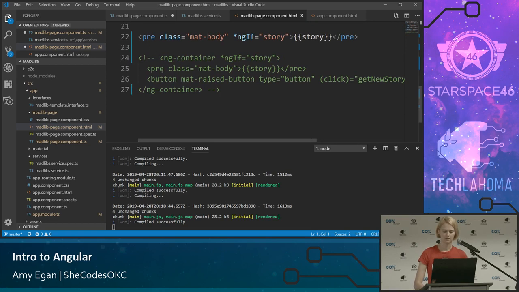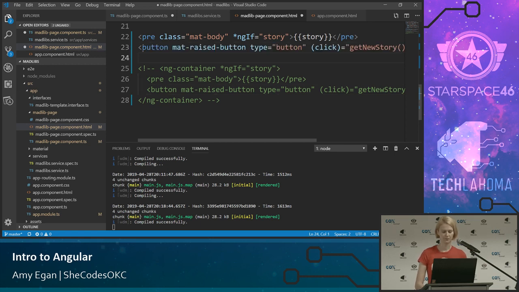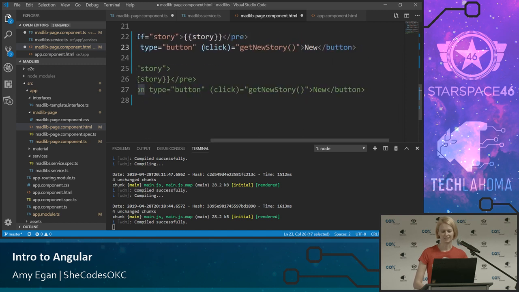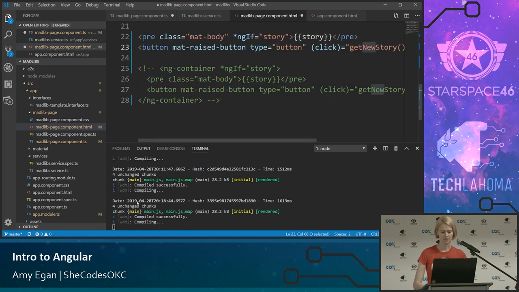I'm just gonna copy it so it's always showing at first. Okay, so we're gonna have another mat raised button type of button, and on click it's gonna get new story, that function that we just set up, and the button is gonna say new. So if we save all of this,